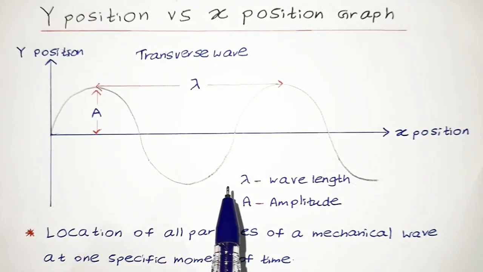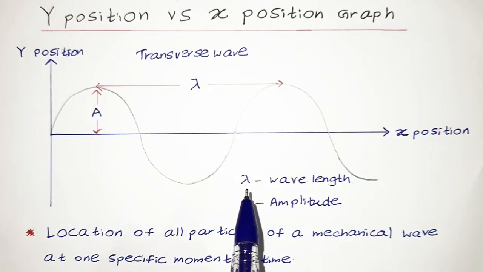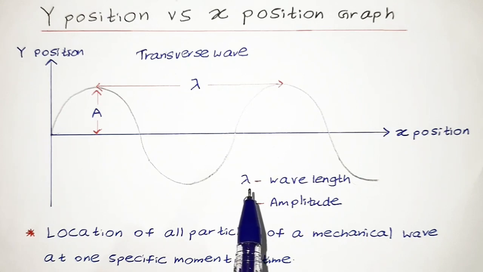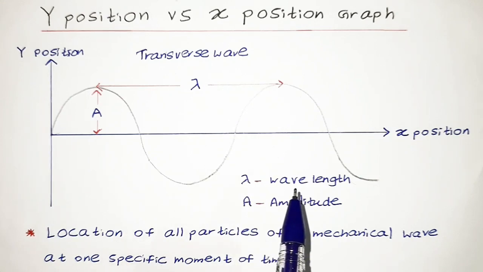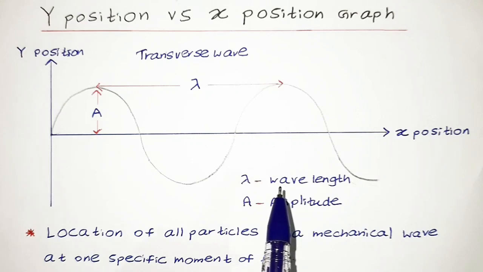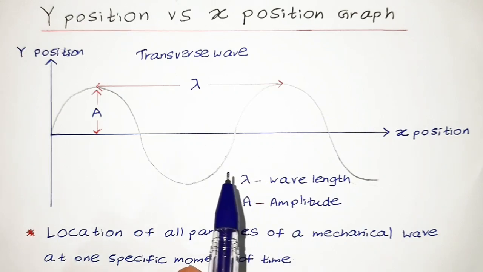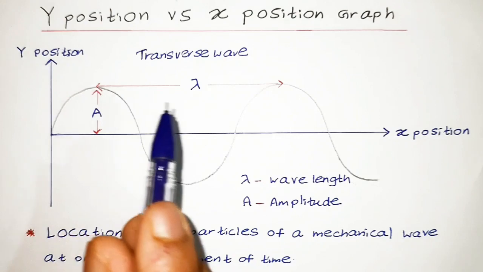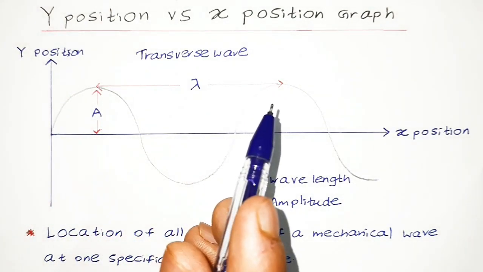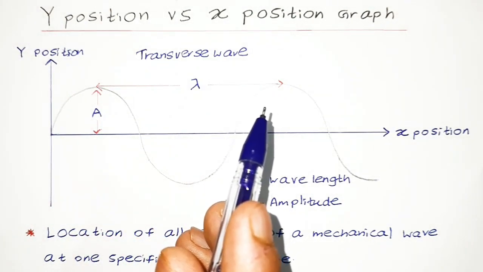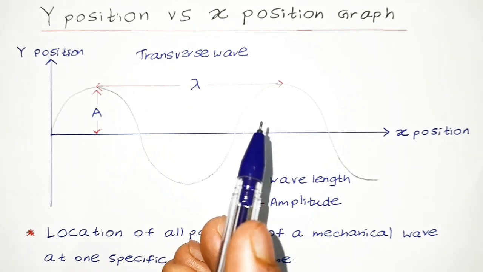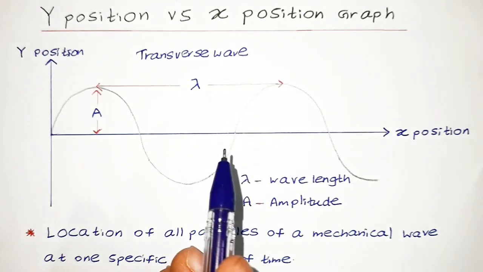So guys, what is this new letter we have here? This is lambda, which is a lowercase Greek letter. It is termed to be the wavelength. So what is the wavelength? The wavelength is the distance from one particular crest to another particular crest in this particular example, or it is the length travelled in one particular cycle.